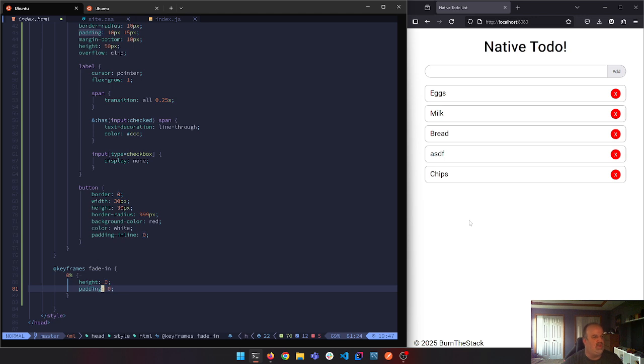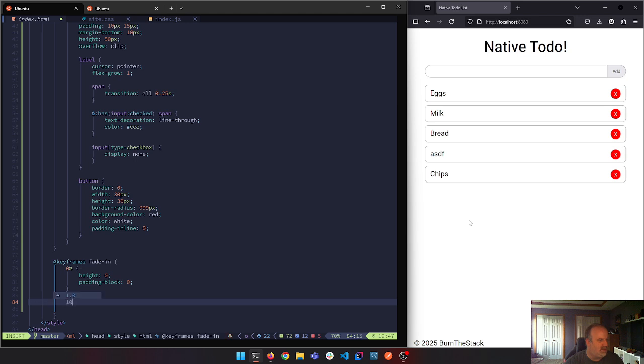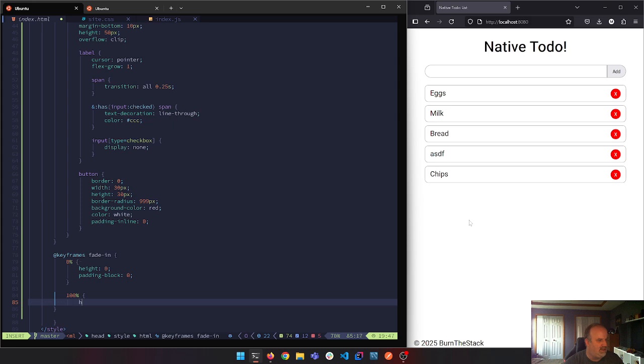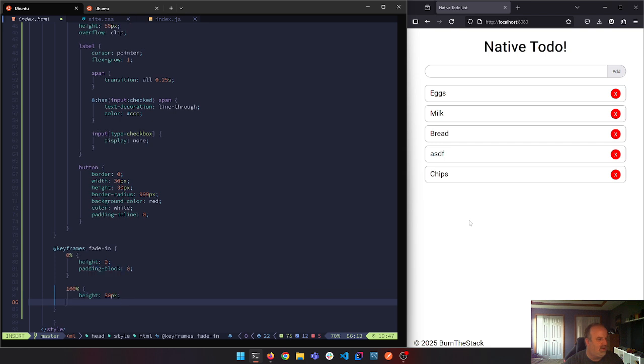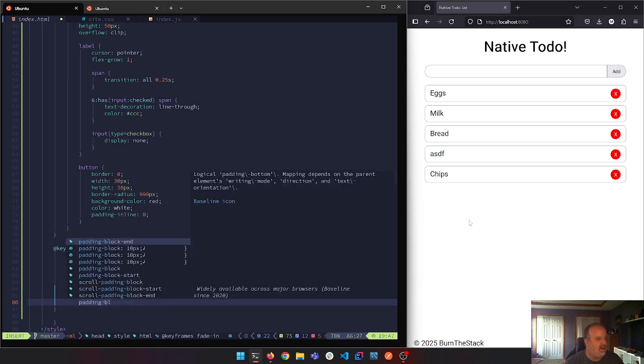I guess I'm only wanting to affect the top and bottom padding, so I can use padding block to just set those. And then at 100%, we want the height to be 50, and we want the padding block level